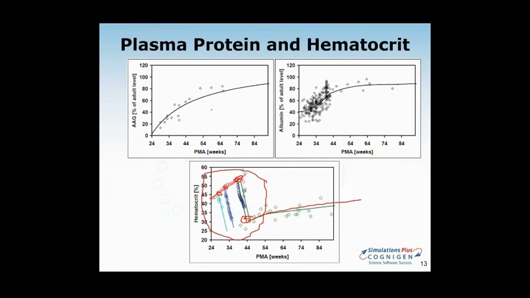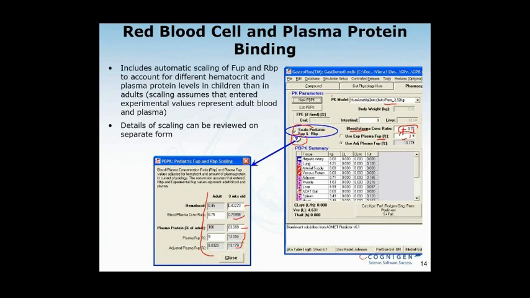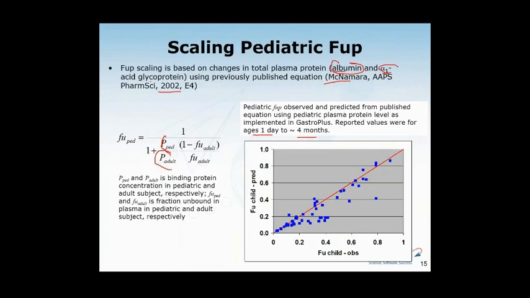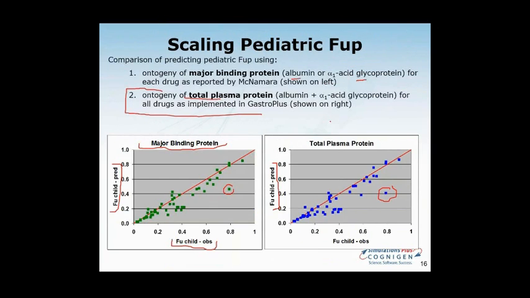So regardless of which would be the major binding protein, or whether the drug is binding partially to each, using just the total protein, accounting for ontogeny of both of these, seems to give us a reasonable scaling from adult down to pediatric. I'm not sure if I answered that question. Okay, thank you. The next question is...